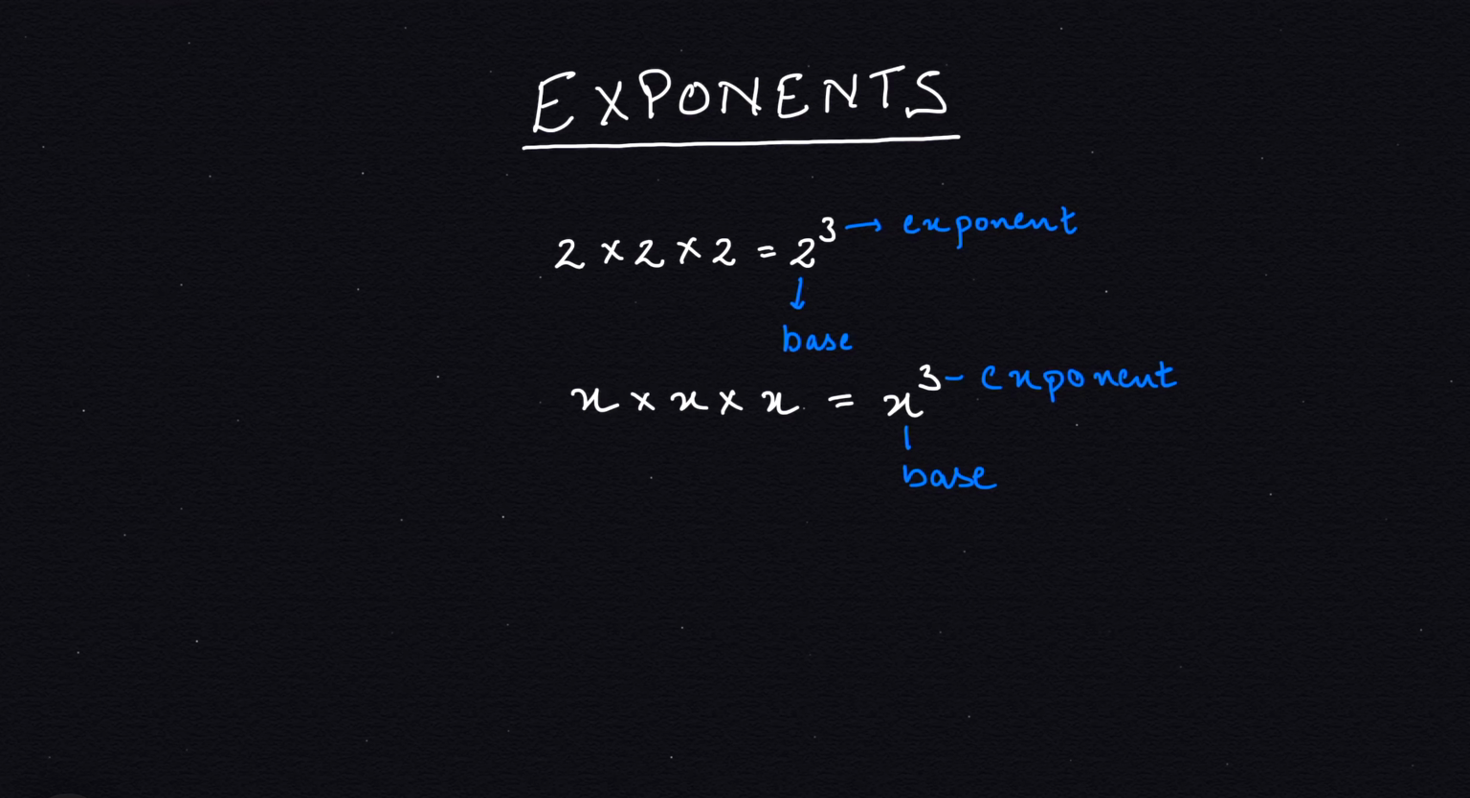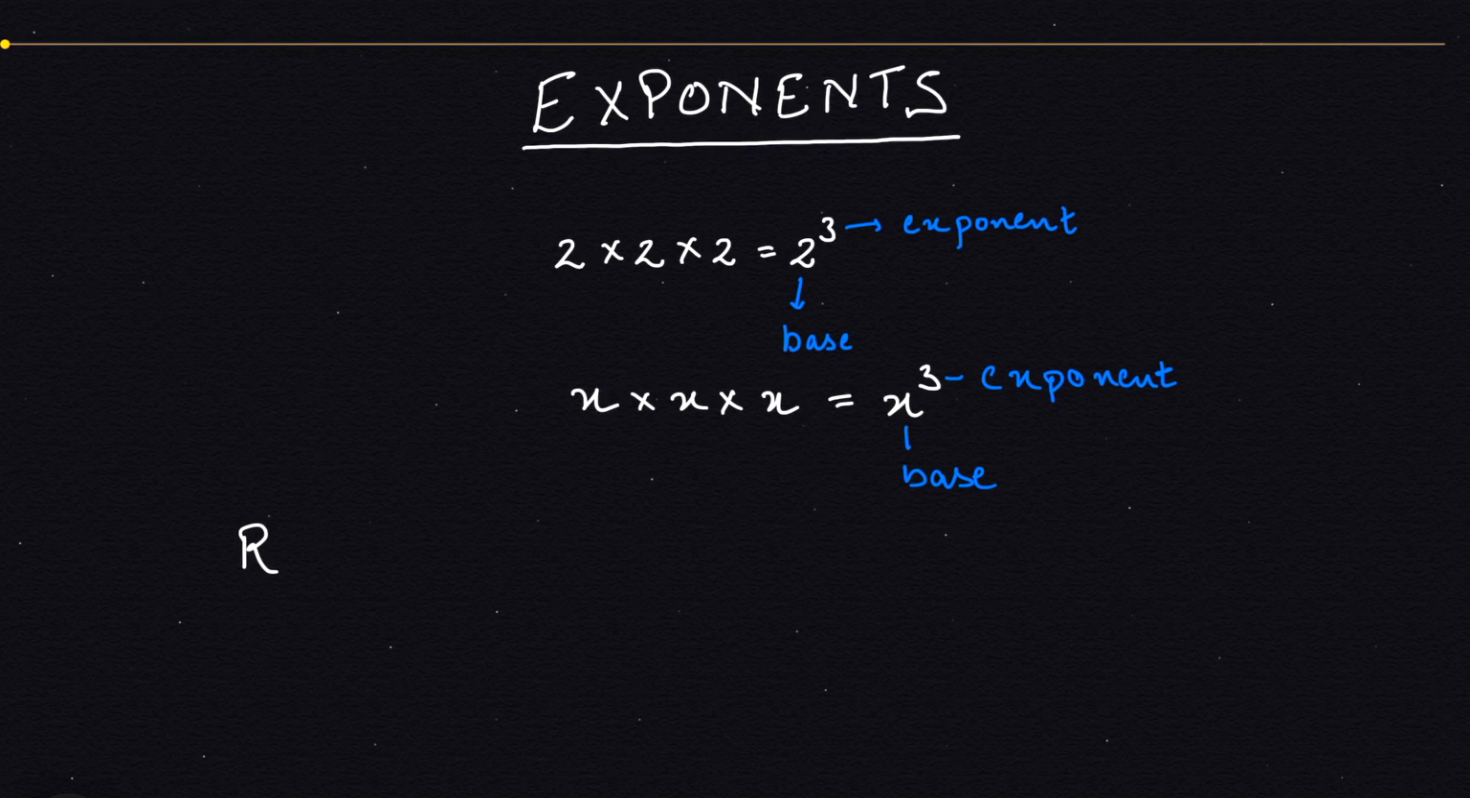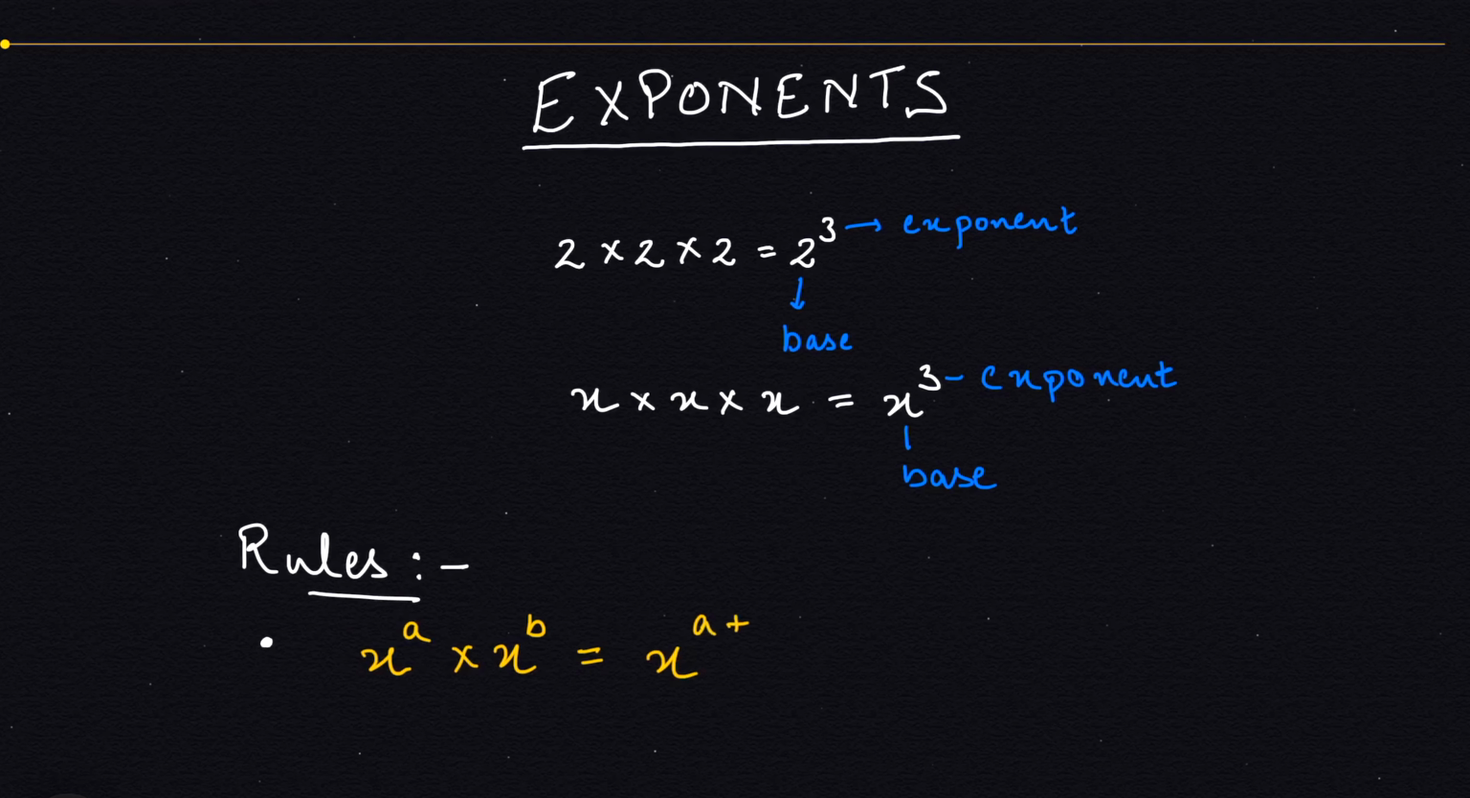Now, let us understand a few rules of exponents. First rule says that if there are two exponential quantities with the same base and different exponents and they are in multiplication, then the powers will add up in the result. Let's take an example. Example is x raised to the power 2 into x raised to the power 5. I can write it as x raised to the power 2 plus 5,